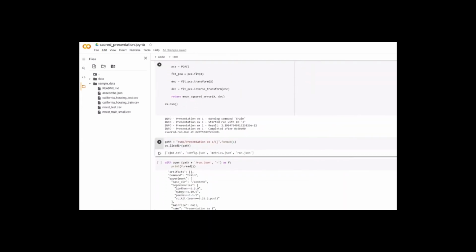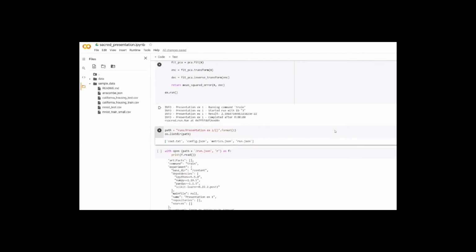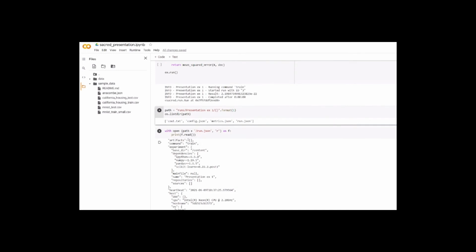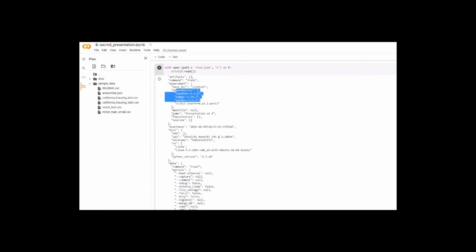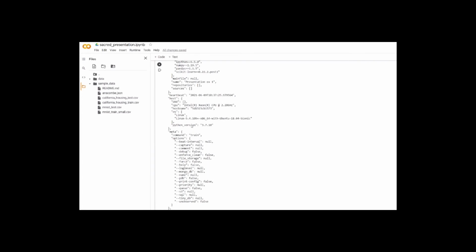So what we see here is the cout, the config.json, the metrics.json, and the run.json. If you just look into a few of those, the run.json actually just tries to make your experiment as reproducible as possible, not only in your own environment, but also in the environments of your co-developers, right? So it takes all the dependencies that you have used with their versions, of course the name of the experiment. It even has a heartbeat, the CPU. In this case, I'm not using a GPU, but it would also list the GPU it would be hosting, and the exact versions